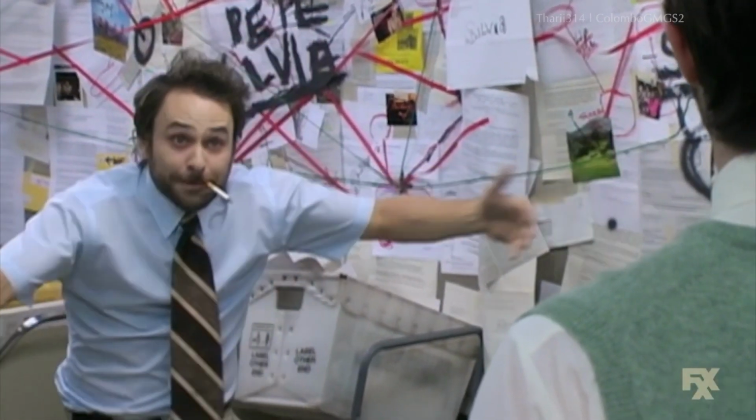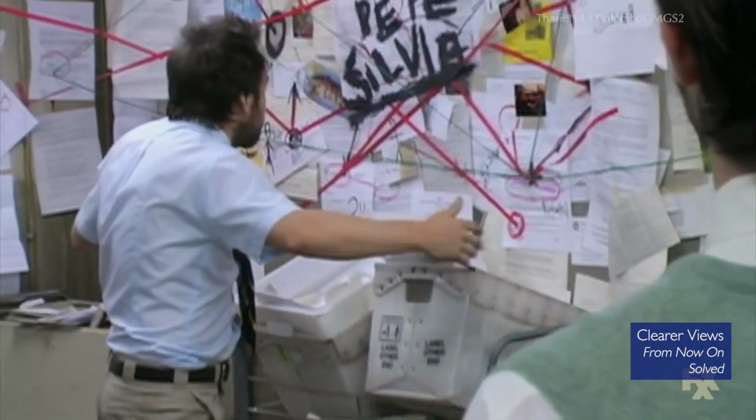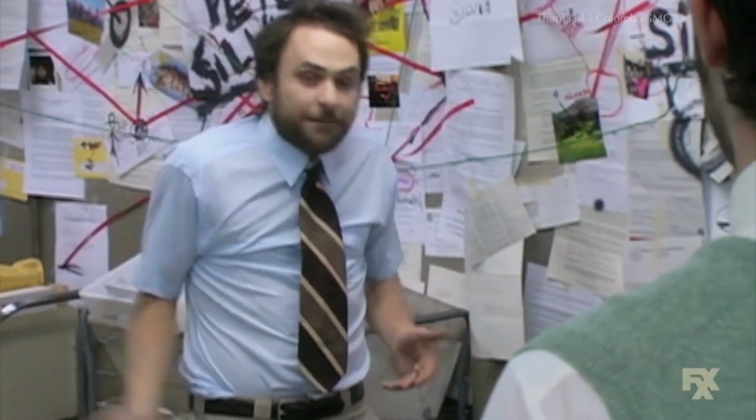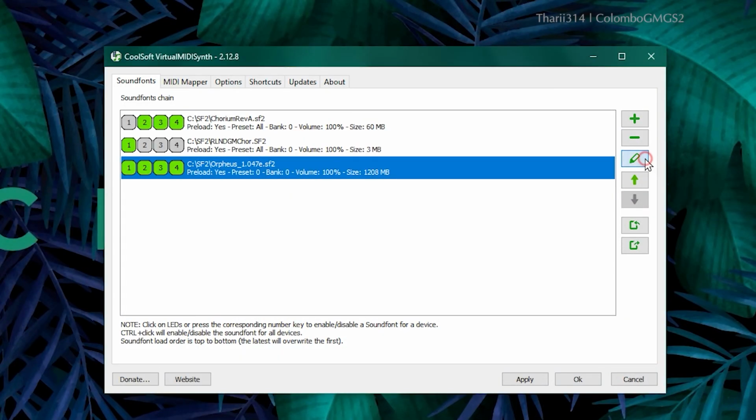Now my goal here is to just replace the piano, i.e. keep everything else as they were. Right now I'm left with a completely unfamiliar power drum kit as well. So how can I not affect the rest of the presets? For that, let's enter the Edit Sound Font Properties dialog for this sound font.